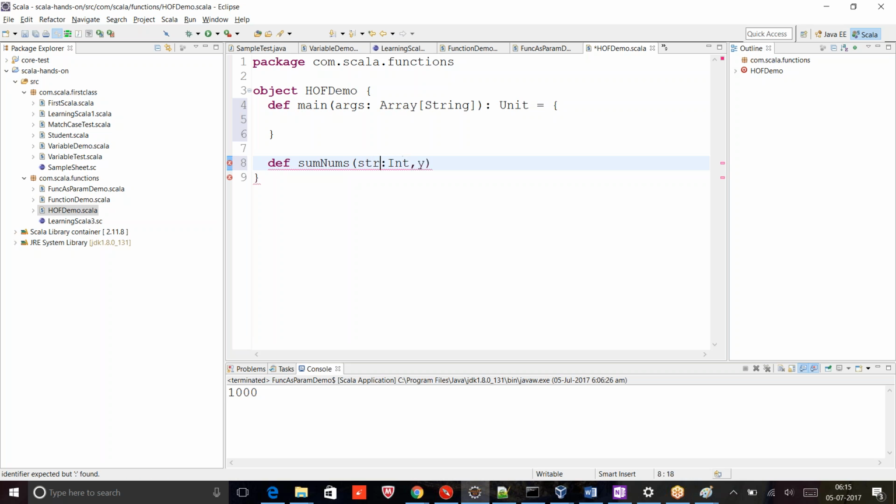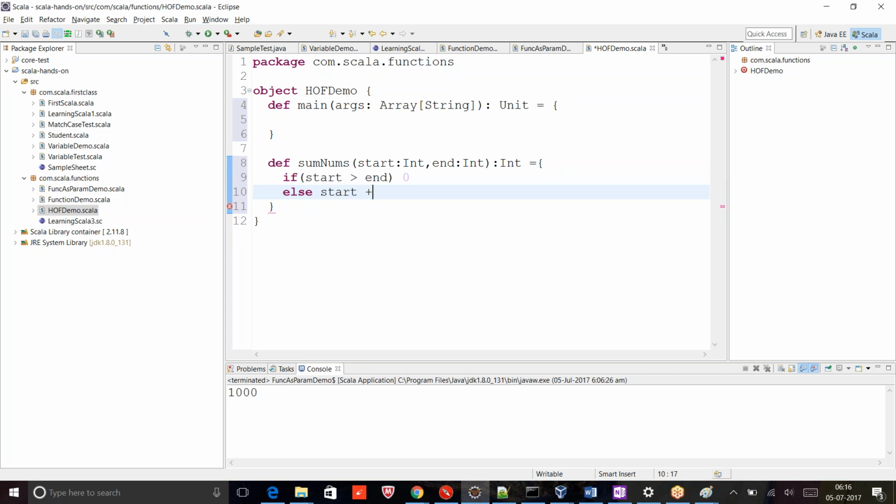Let me give a proper name: start and end, which will return an integer. As I showed you, the base condition: start should not be greater than end. If that is the case, you return 0. Else you do